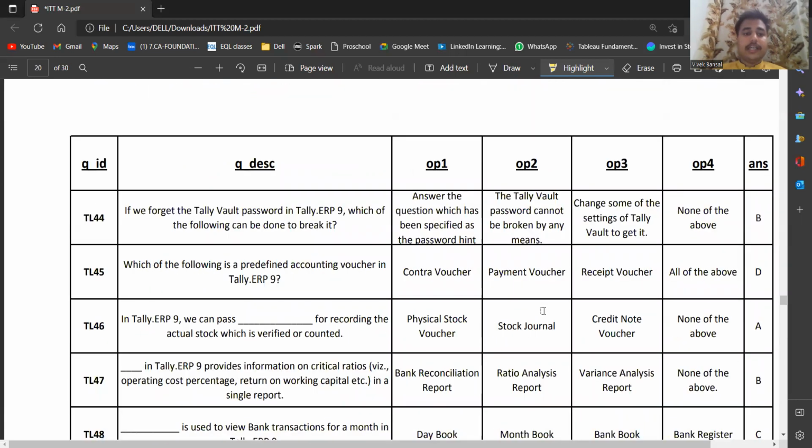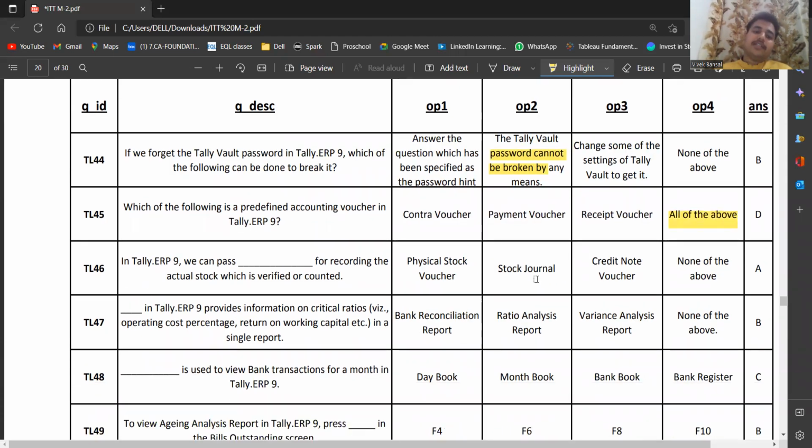If you forget the Tally vault password, which of the following can be done to break it? The Tally vault password cannot be broken by any means. Also, जब आपको इनपुट हो गया अगर आप पासवर्ड भूल गए तो आप अपना डाटा निकाल सकते हैं, आपको पूरा फॉर्मेट ही होगा. Which of the following is a predefined accounting voucher in Tally ERP9? Payment, receipt. In Tally ERP9 we can press dash for recording